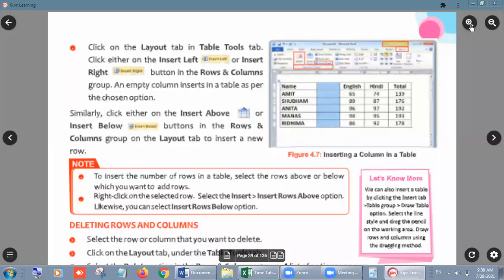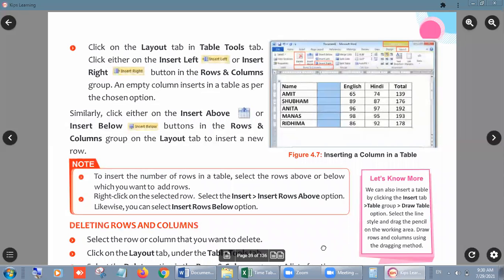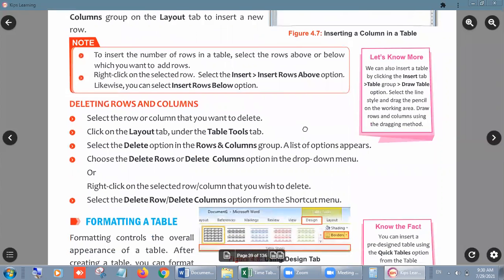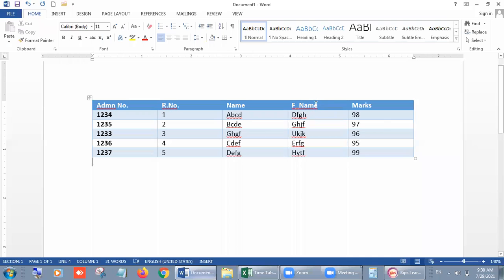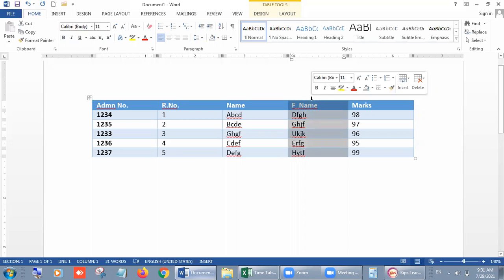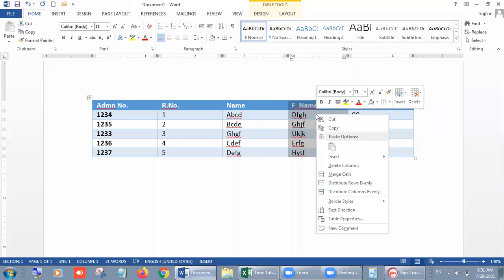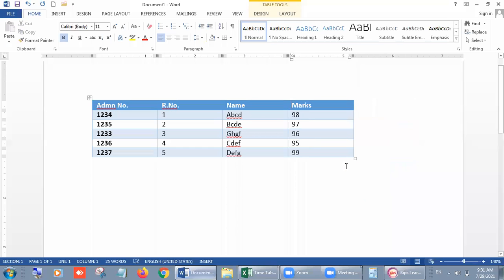We can delete rows and columns with this command also, so that you can delete unwanted data like this. First of all, suppose you want to delete this section, like father name, then no need to worry, just go on the column and you will see your mouse arrow will convert into a dark black arrow, right? Then click on it, it will select, then right click inside it, and choose delete column. When you choose this, the column will be deleted.